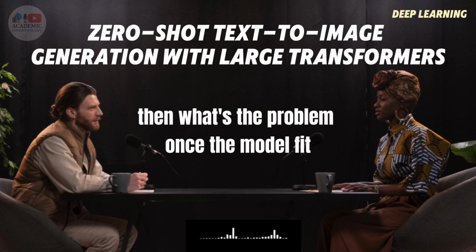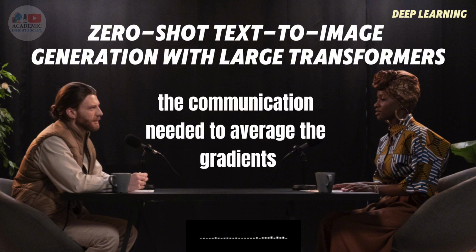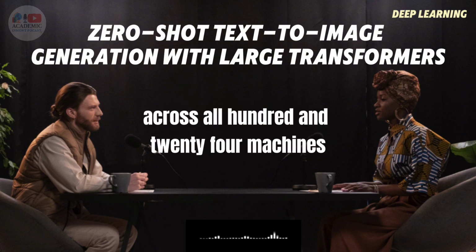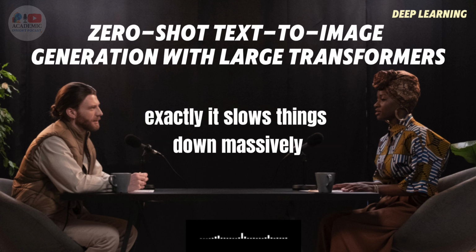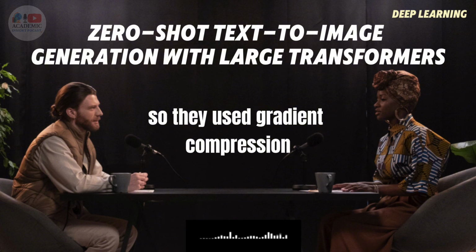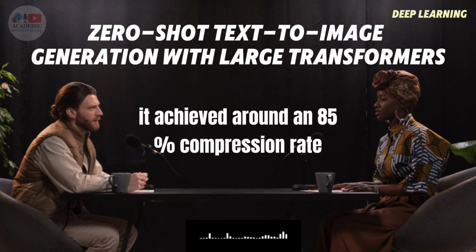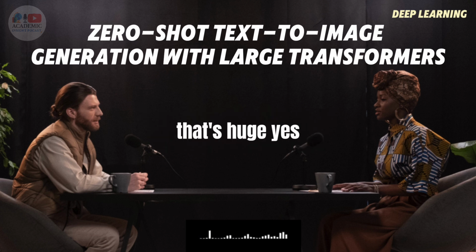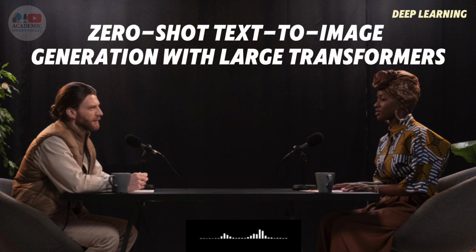Once the model fit, the primary bottleneck shifted to communication. Specifically, the communication needed to average the gradients calculated on each GPU across all 124 machines after each step. All that data flying back and forth. Exactly. It slows things down massively. So they used gradient compression, specifically a method called PowerSGD. Table 1 shows it achieved around an 85% compression rate on the gradients. 85%, that's huge. Yeah, significantly reducing the amount of data needing transfer between the GPUs, which speeds up the whole